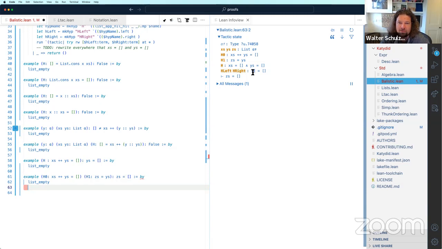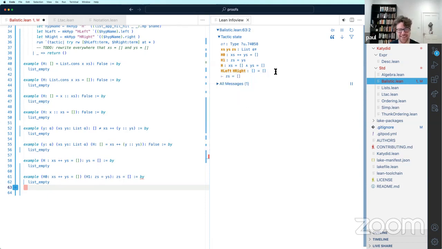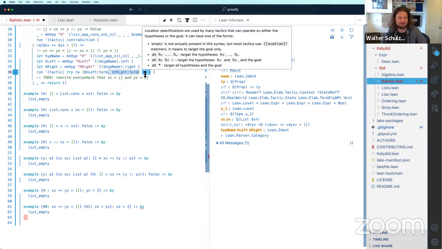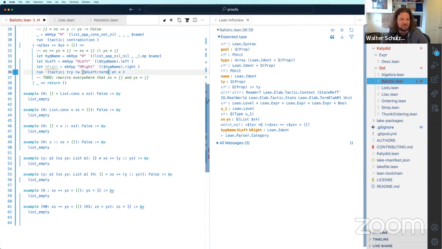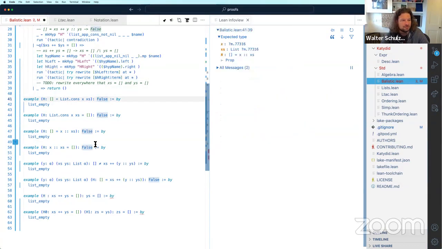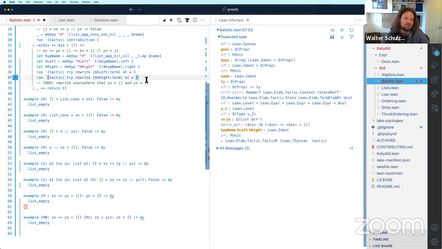So here it rewrote in itself. That's never a good thing, is it? No. So what if we do rewrite more sequentially? What if we just do one?